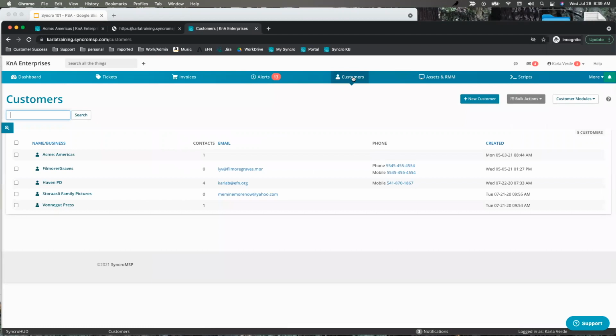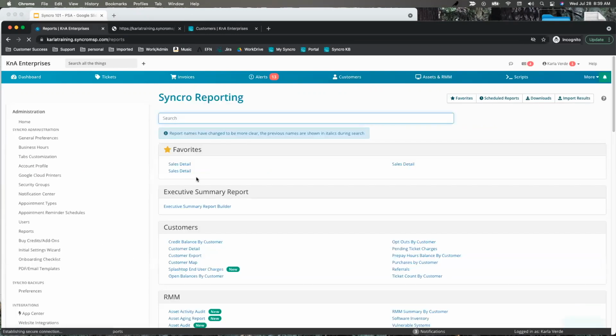So we looked at when you get an inbound email, if you tell it to always create a ticket, Syncro is also going to automatically create a customer because Syncro is customer centric. So we don't do almost anything without a customer. If you want tickets and invoices and assets and all of that, they have to be assigned to a customer. So you can come in here and in our reports,